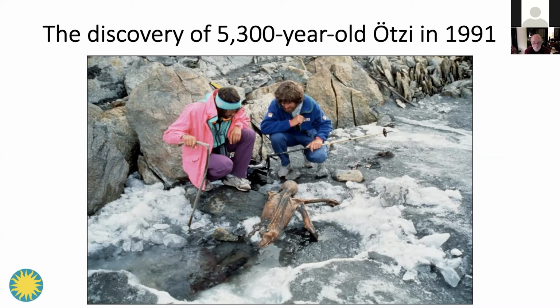And you've all probably heard of Ötzi, a modern human that was attacked and killed while he was traversing the Italian Alps. His mummy was found by two mountain climbers, actually, seen in this picture. Ötzi died after an arrow struck him in the shoulder and severed an artery, and he bled to death. And he was quickly covered by snow, eventually 5,000 years of snow, and his body became mummified.